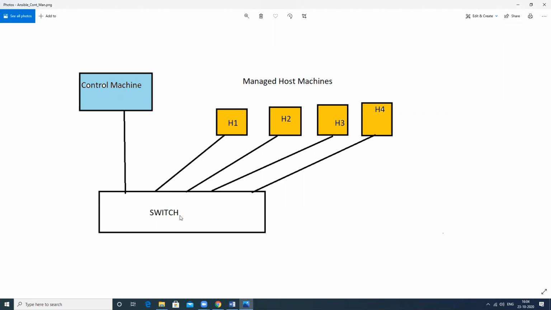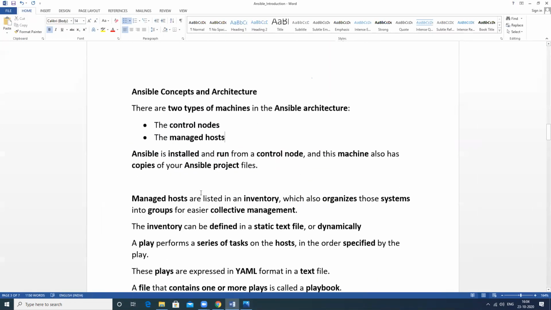So we should have one switch and other machines; minimum two machines we will require to perform these practicals in this particular architecture. Ansible is to be installed on which particular machine? We should install the package only on the control node machine.